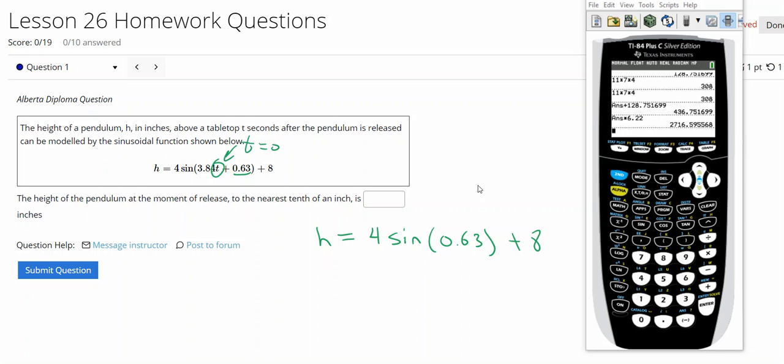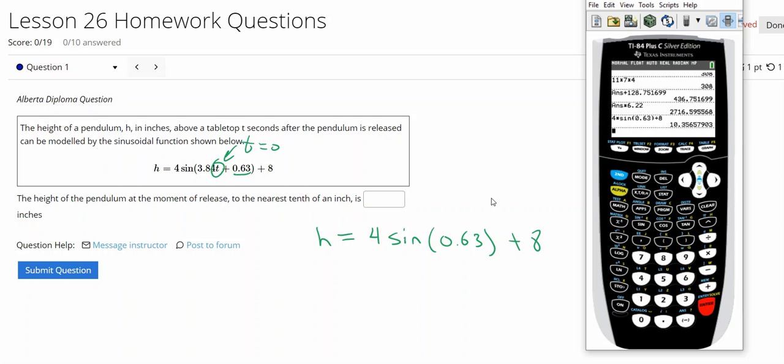Okay, so I'm going to show you this method, and now I'll also show you the graphing method too, because sometimes that can be more visual. So that'll be this case. So I'm going to put in the 0 there. So I'm just going to graph what's left right after I make t equal to 0. So if I put that in, I'm going to get 4 times sine, and then we're just left with 0.63. Close the bracket. And then plus 8. Okay. So we end up getting